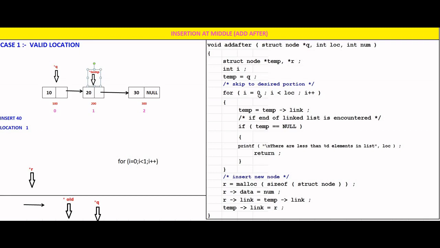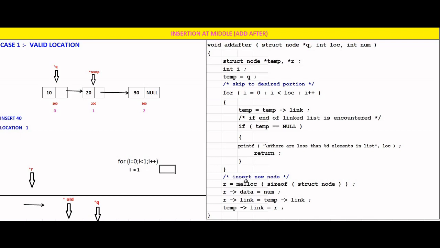Then this condition is not satisfied. We again go to the for loop. We increment i by 1. Now i was 0, now i will become 1. Is 1 less than 1? No, 1 is not less than 1. So we come out. Whenever you come out from the for loop, your i is now 1. So this is the location that we found, after which we are going to perform the insertion. I contains the location. After that we are going to perform the insertion.